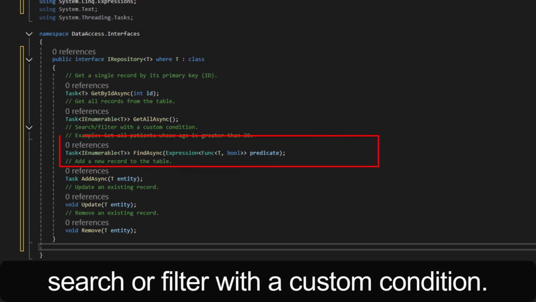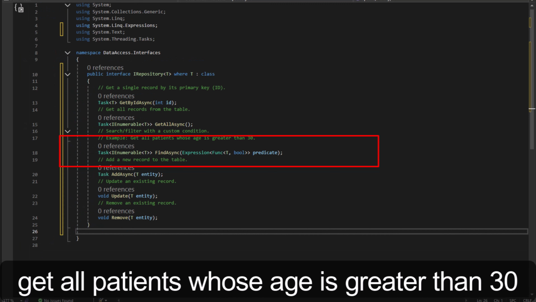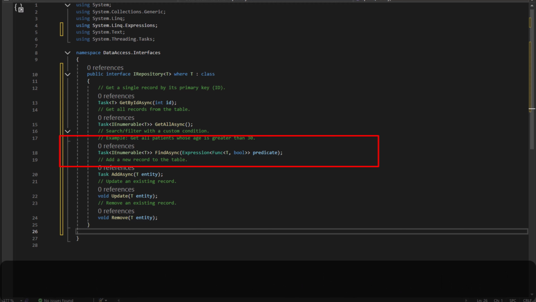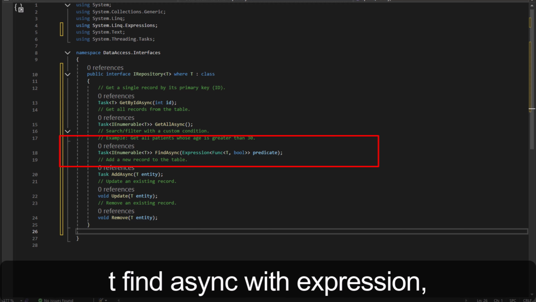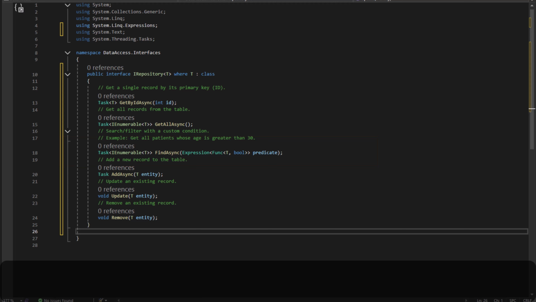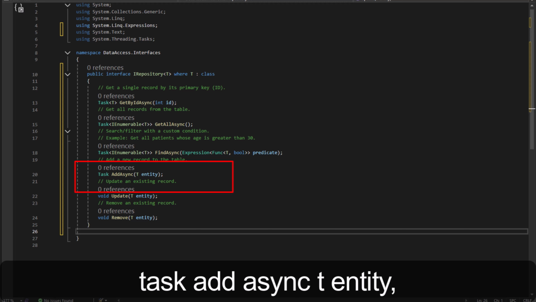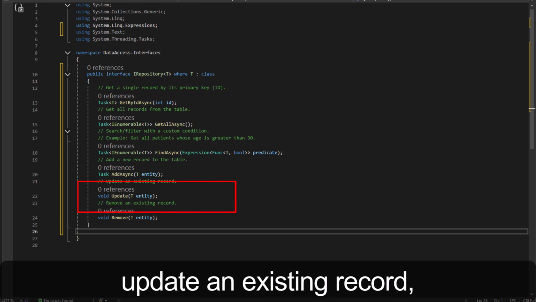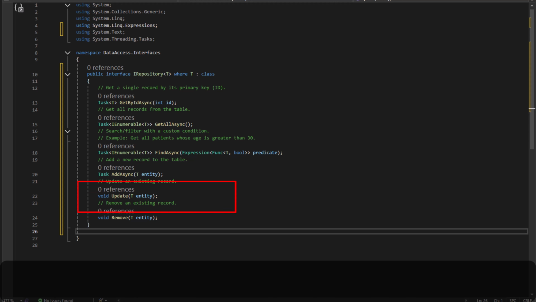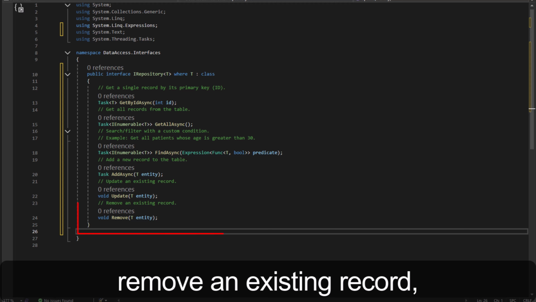Search or filter with a custom condition. Example: get all patients whose age is greater than 30. Task IEnumerable of T, FindAsync with expression. Add a new record to the table: Task AddAsync T entity. Update an existing record: void Update T entity. Remove an existing record: